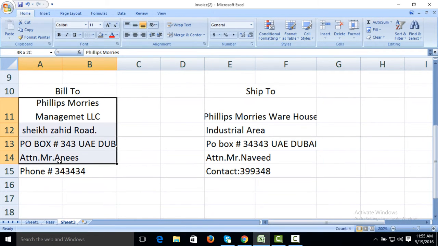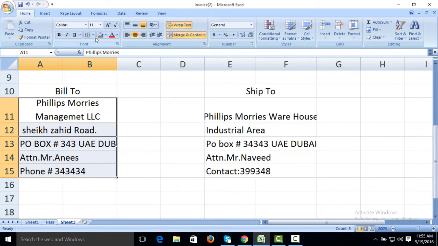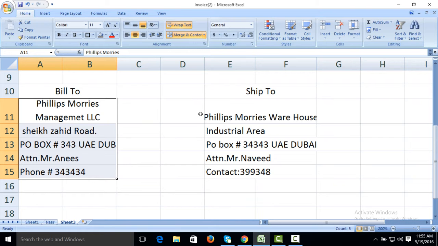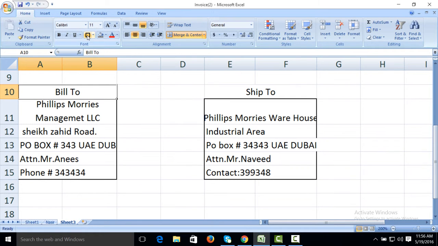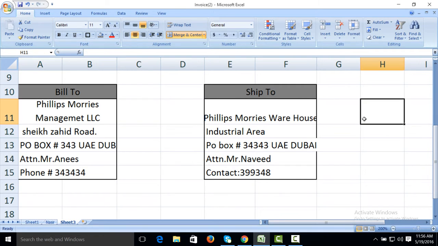We will give border to this one, thick border, thick border, no border, then thick border. Also we will give border, thick border. Select this one, thick border, thick border. Now we will give background color. This one also we will give this one to this.